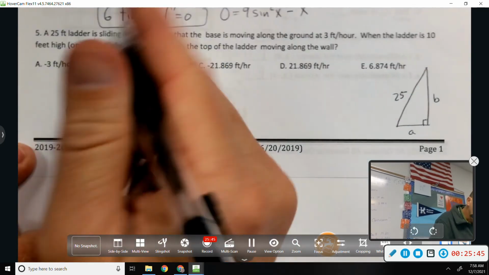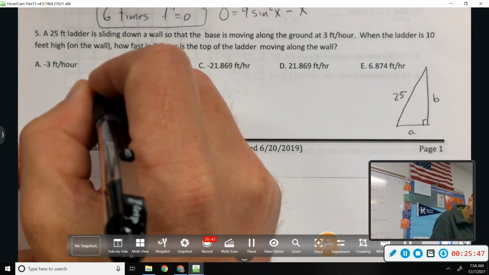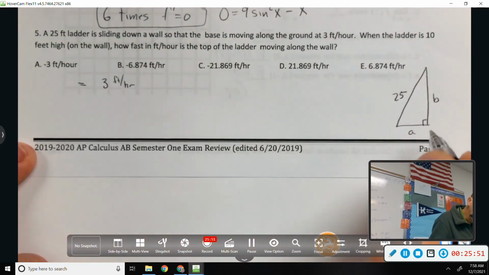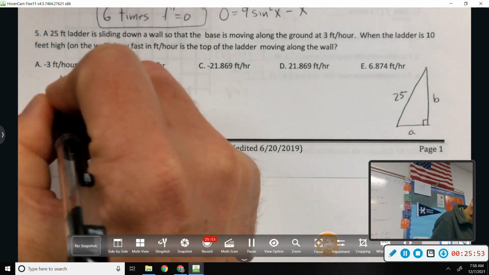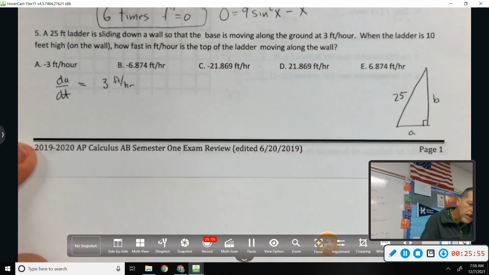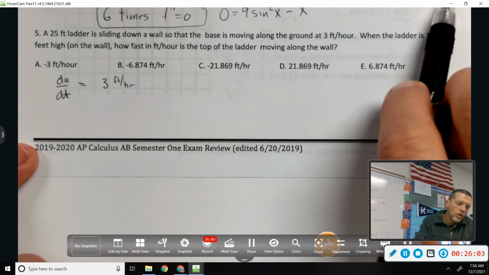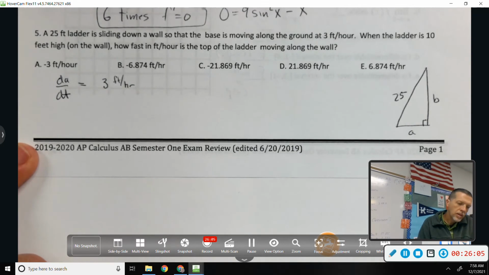So what is 3 feet per hour? That's how A is changing. Is dA/dt positive or negative? Positive. It's sliding down the wall so that A is getting bigger. When the ladder is 10 feet high on the wall, excuse me, so when B equals 10,